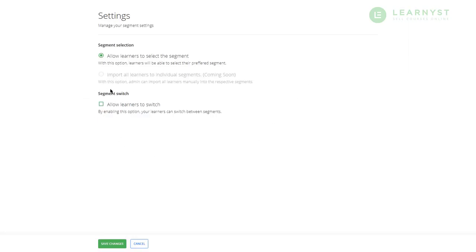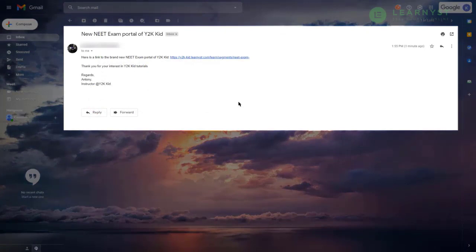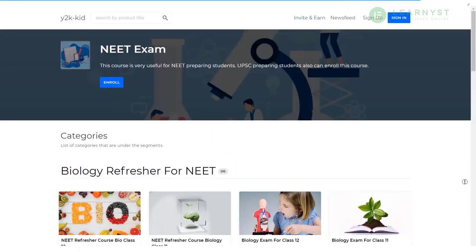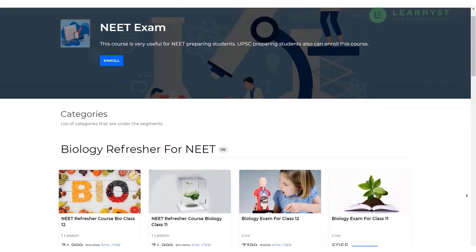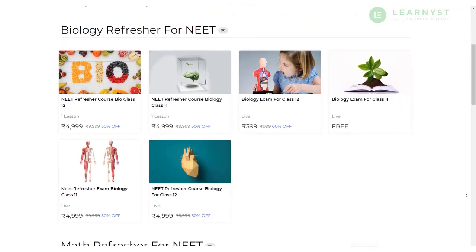This will allow your learners to switch between segments and access your courses grouped in another segment. You can disable this option if you want your learners to be confined to only one segment. Lastly, you can share the segment URL with your students. When your students click on the URL, they will see only the segments relevant to them. Based on the visibility that you have set, they can either switch or be confined to one segment.